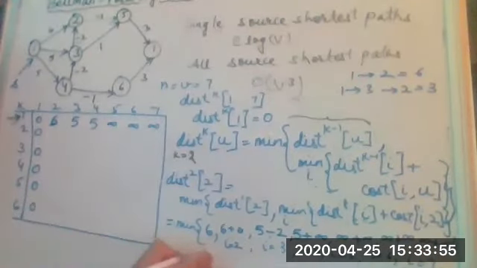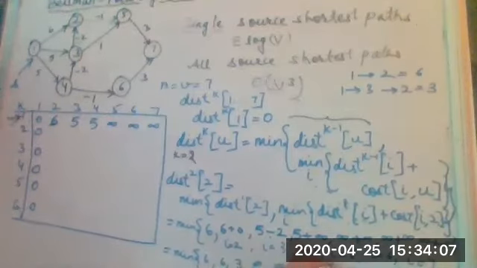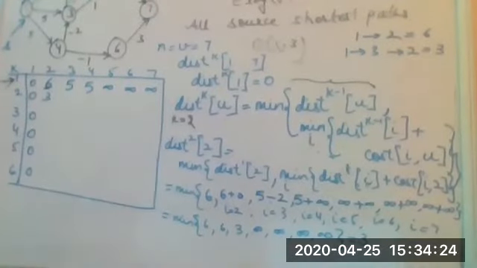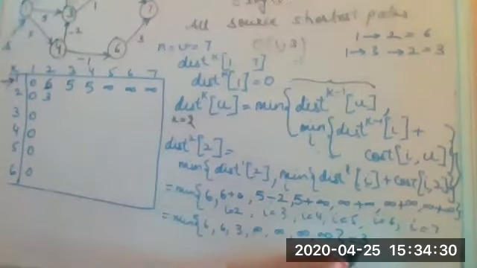So we are going to find out the minimum from 6, 6, 3, 5 plus infinity is infinity, infinite, and the infinite value. So I equal to 2, 3, 4, 5, 6, 7. Out of that, the minimum value is going to be 3. So I'm going to put the value 3 here. Yes, I hope this is clear to you, how we have gotten the value for distance 2 of 2 is equal to 3. Yes, so let's quickly find out the next value.